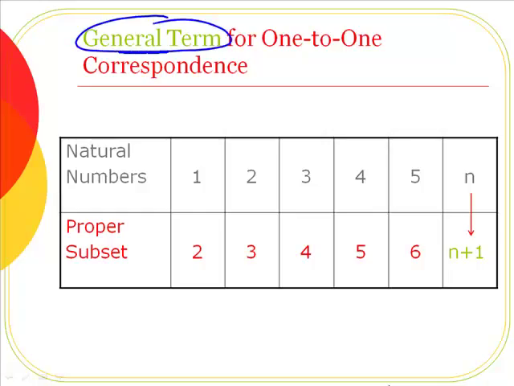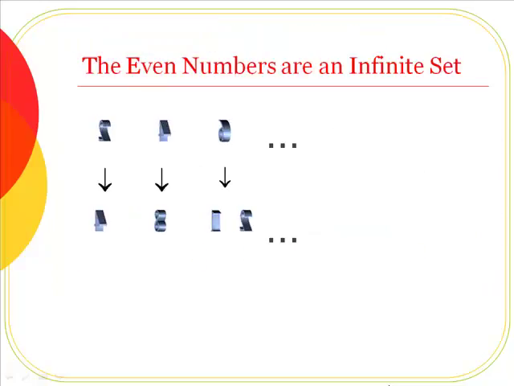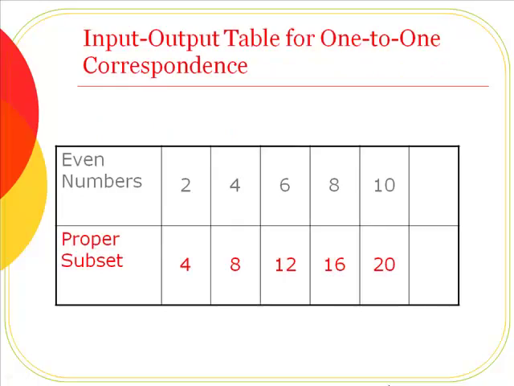Okay, let's look at another of these. Let's take the even numbers, 2, 4, 6, 8, 10, etc. And let's go ahead and pair those with a proper subset of those, 4, 8, 12, etc. Okay? So we have our even numbers listed